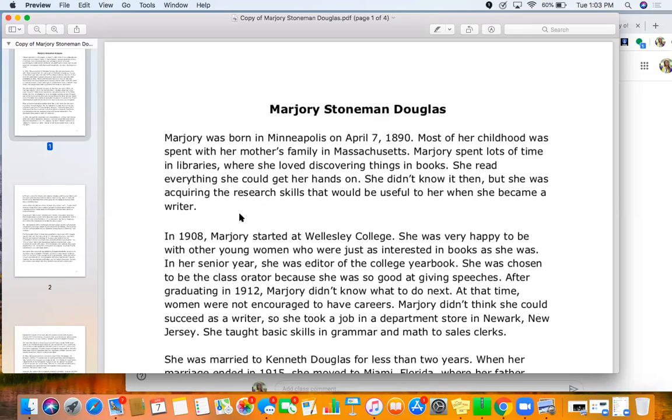We want to look for the most important parts from this text, because it can get a little bit overwhelming trying to write out all of the important parts. We really want to focus on what was her major achievement, why is she famous, why are we reading about her today?